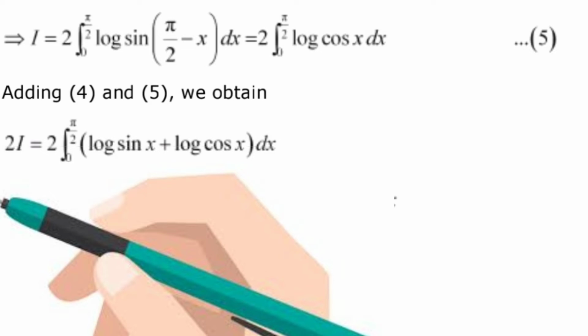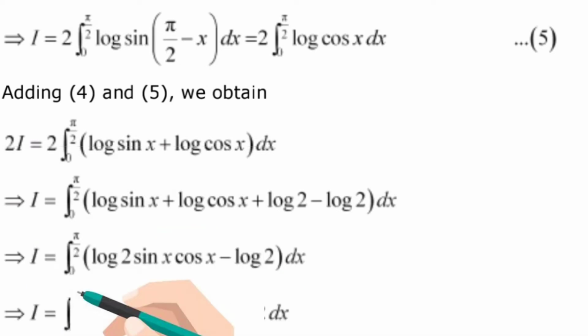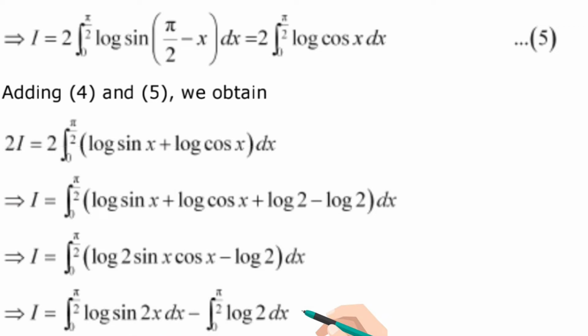According to the rules of log, sin x plus cos x, if it is added, then you have to multiply. If I use the logarithmic rules, because it is added, I get log of 2 sin x cos x minus log 2. Now it is the identity of sin 2x minus log 2, and log 2 is the constant.